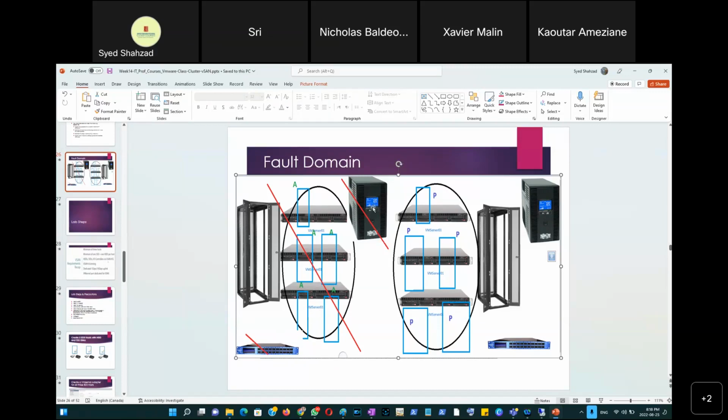So if there is a single point of failure, and suppose there are multiple racks that have a single point of failure, what happens is when you create a virtual machine here, it creates one fault domain here, and there's another fault domain here. So the one virtual machine that you created here is the active virtual machine, and its passive copy or standby copy is created on the other fault domain. So if this rack has a single point of failure and it actually crashes, then